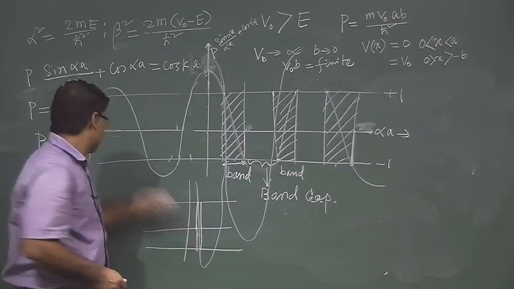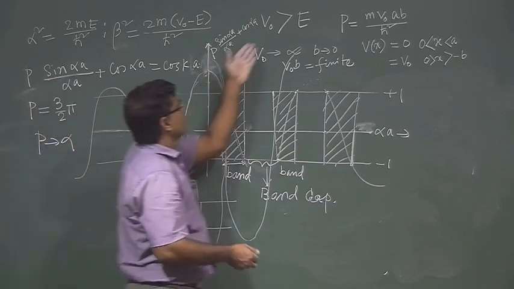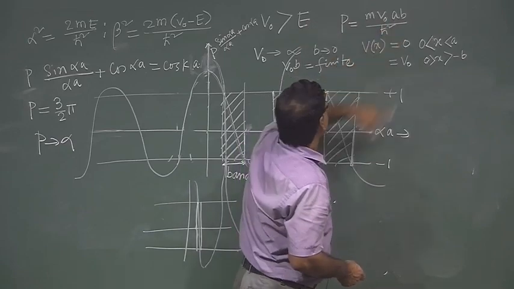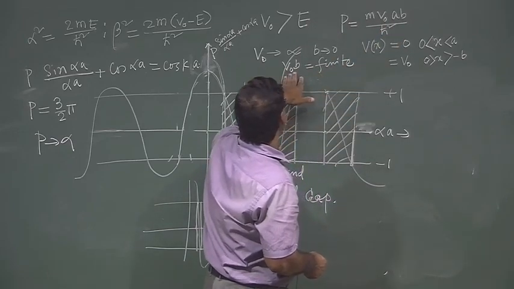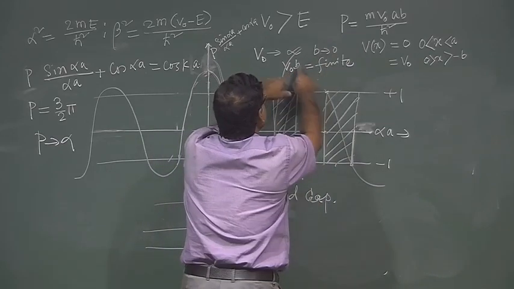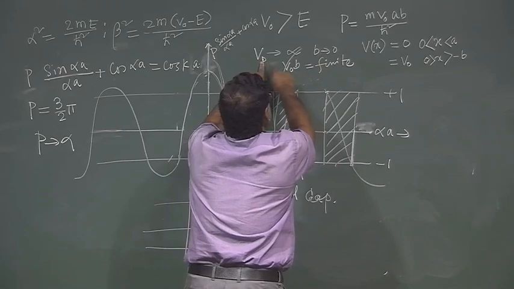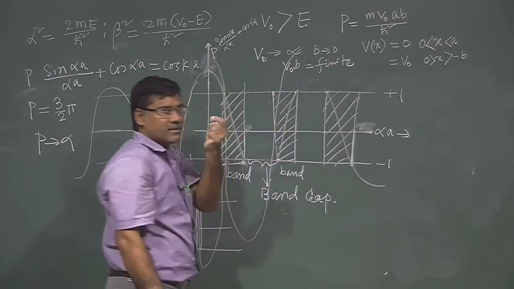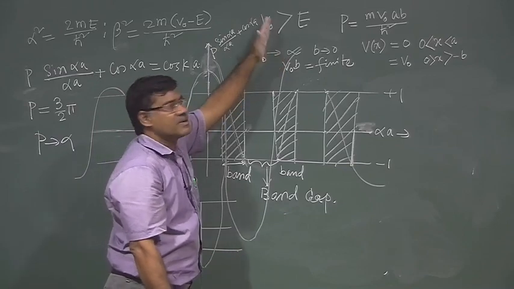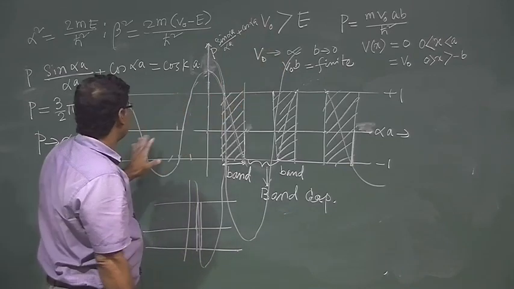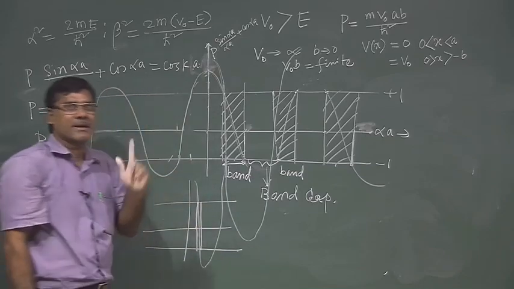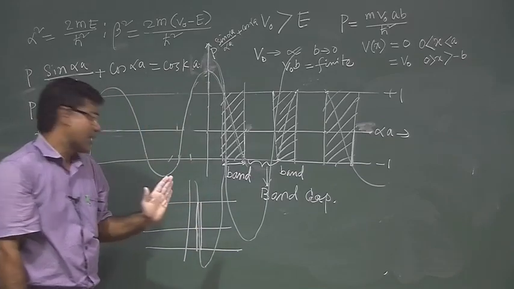Okay. So, tends to infinity means this is V0a, V0b. So, P tends to infinity means this width will tend to 0 and V0 tends to infinity. So, it has a finite value, but what is happening? So, I will get just like one line, right. So, that is the energy